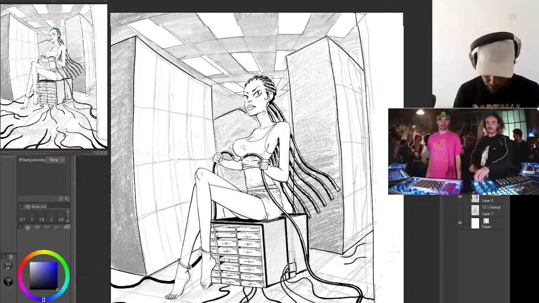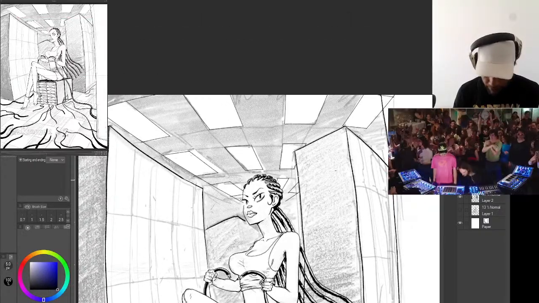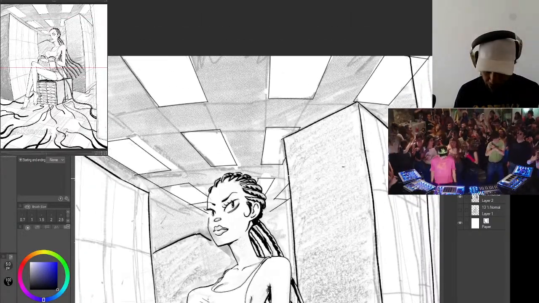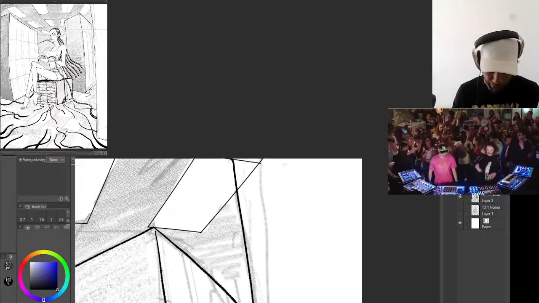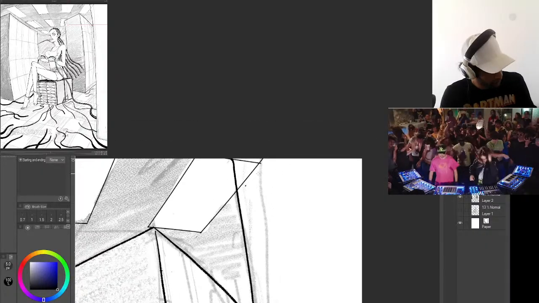So, do the lights look bad? I don't know. I think the lights will pass. They're not the focal point. They're just there to help.